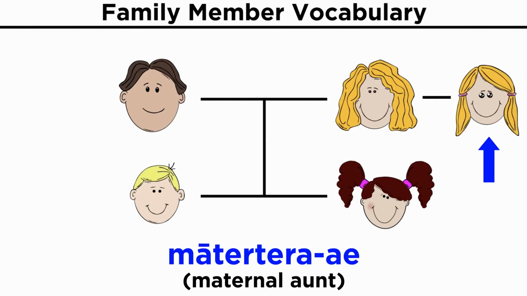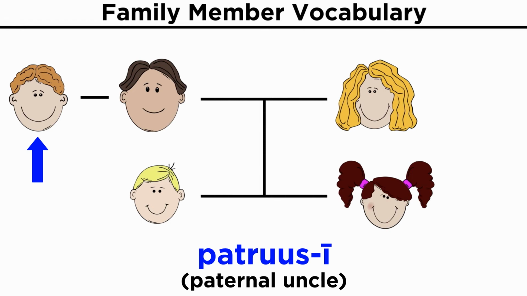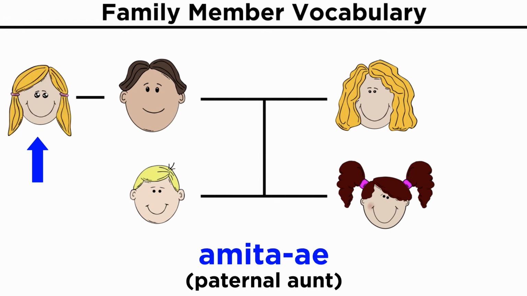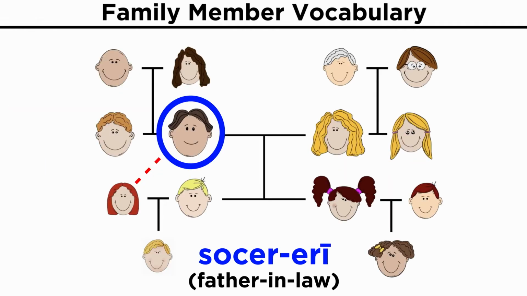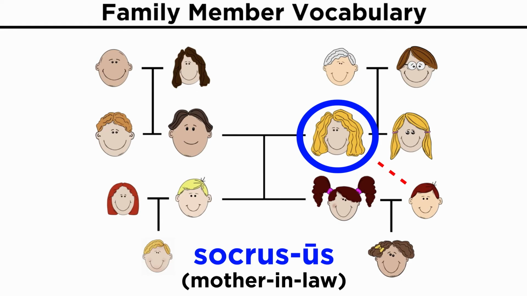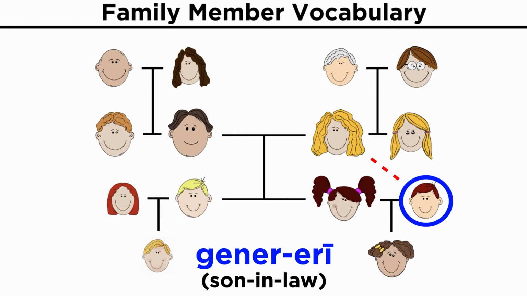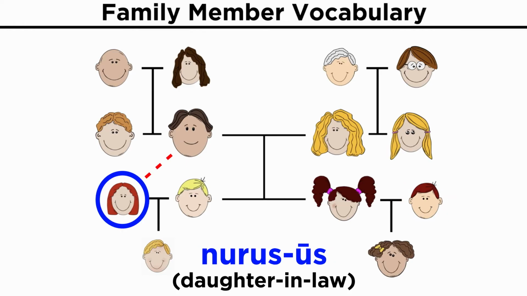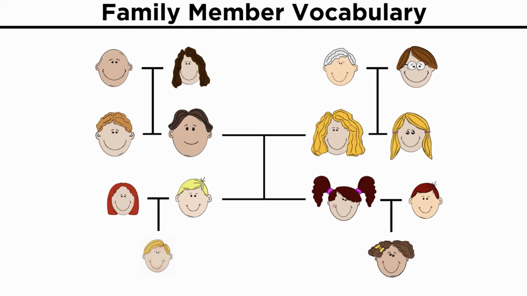Matertera, materterae. Patrus, patrui. Amita, amitae. Socer, soceri. Socrus, socrus. Gener, generi. Nurus, nurus. That's quite an impressive family tree, and with that, we know how to refer to everyone in your